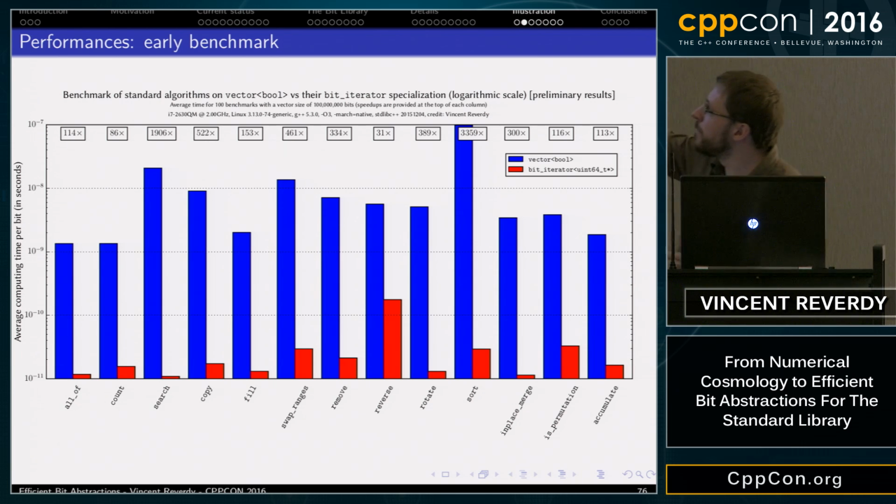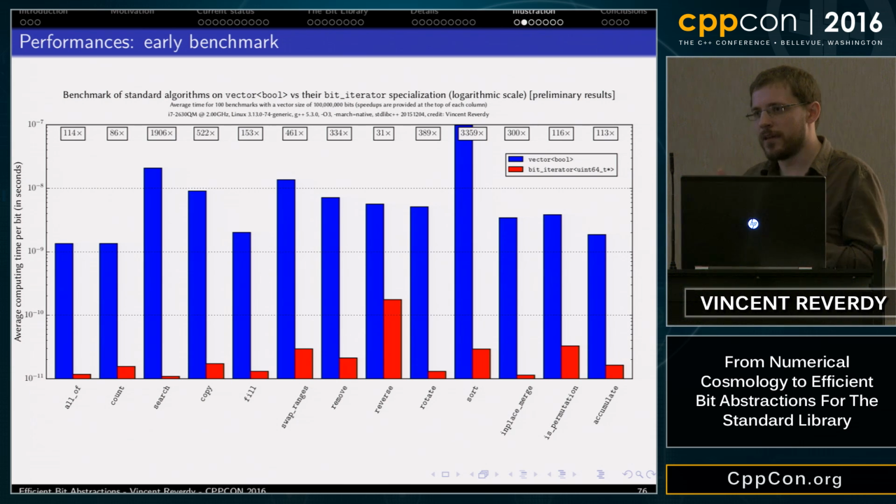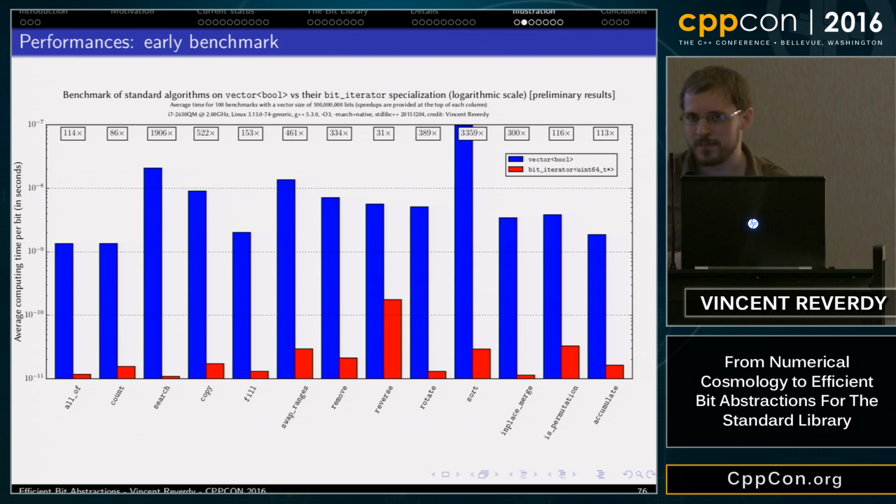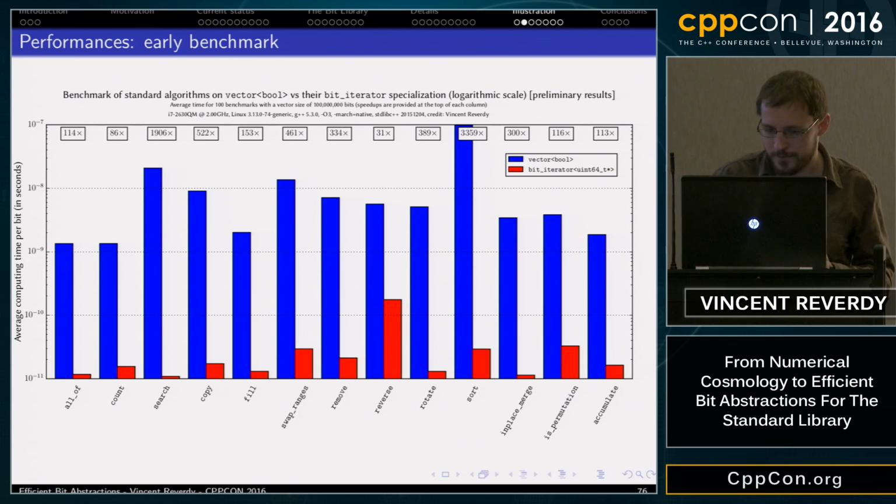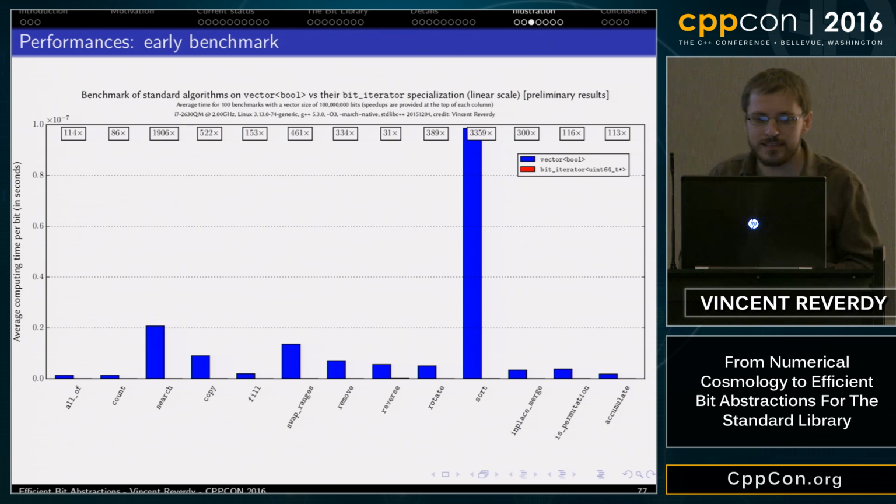The trick behind all of that is that instead of operating on a single bit at a time, you can operate on 64 bits at a time, because most of the time you have compiler intrinsics and assembly functions to do that. And if we plot it in a non-log scale, you end up with something like this.